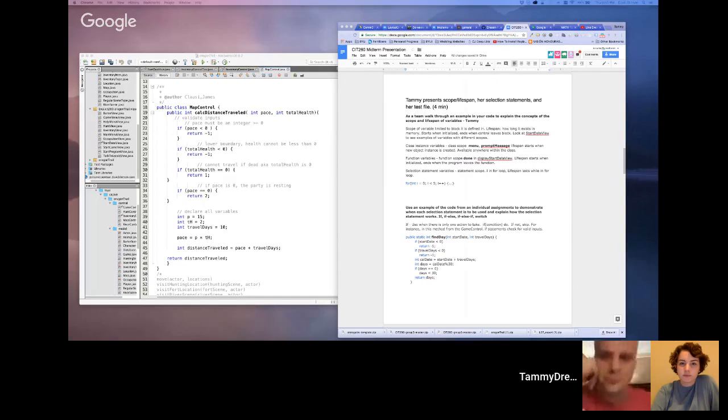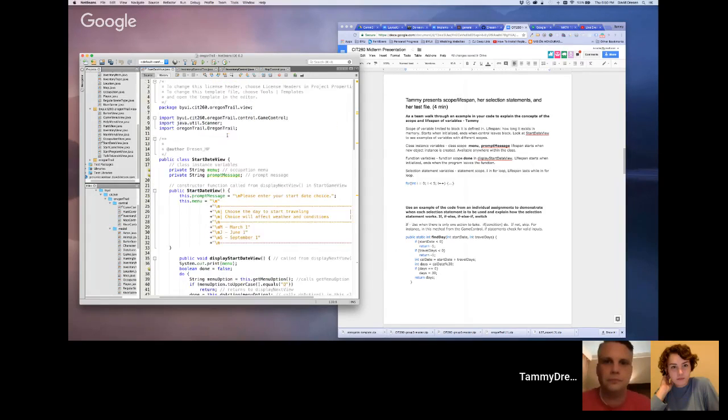So I'm going to go first and talk about the scope and lifespan of variables. The scope is where a variable can be used, and the lifespan is how long it will stay in memory. There's several different types of scope. There's class instance scope. Okay, so here are class instance variables, and they are at the beginning, they go before the constructor function,